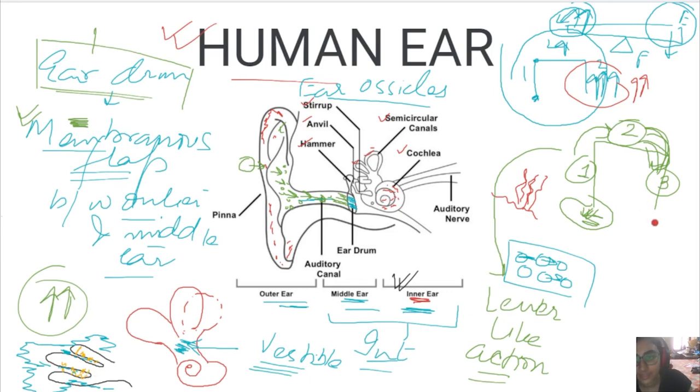Now when the hair cells start vibrating, the ending of the hair cells, basically they consist of certain, I'll just draw it here. So if this is a hair cell, then the ending of the hair cell has certain nerve endings, like the base of the hair cell. So from here the vibration is picked up in the form of stimulus by the nerve, which is then transmitted to the brain.